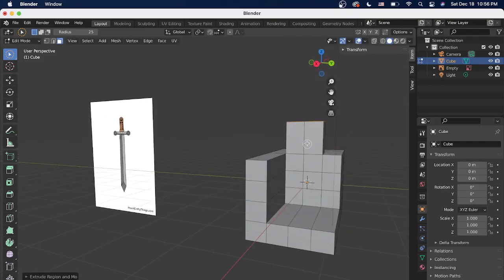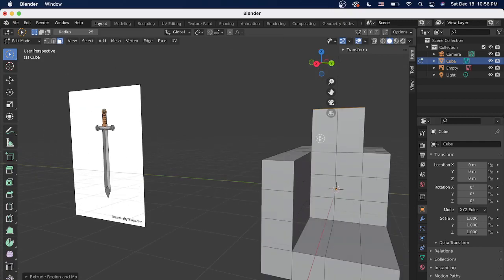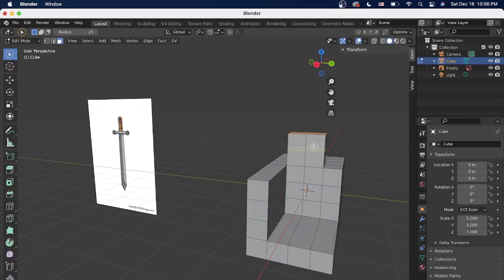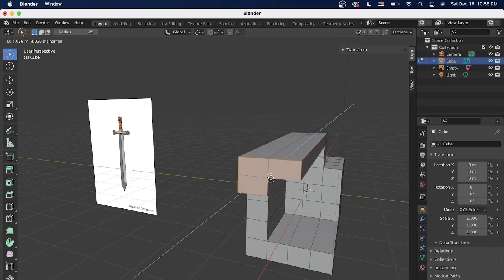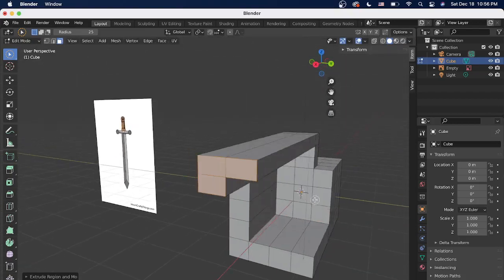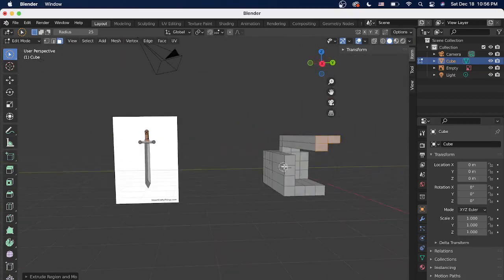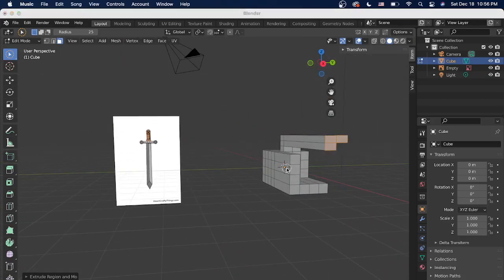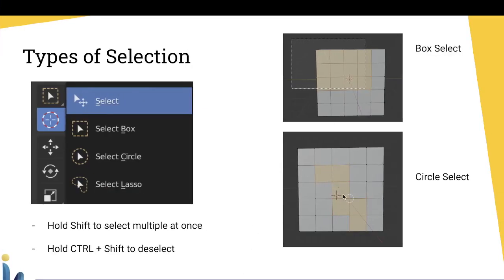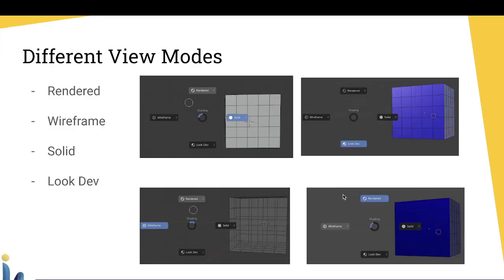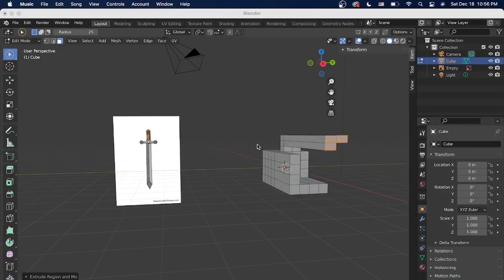Very useful. And now if I want to maybe add more edges to this, I can just go back to edit mode and then use some loop cuts to give myself more things to play around with. And then I can make some cool shapes out of this, or depending on whatever you need to do. So that is the selection. And so different view modes, we just went through